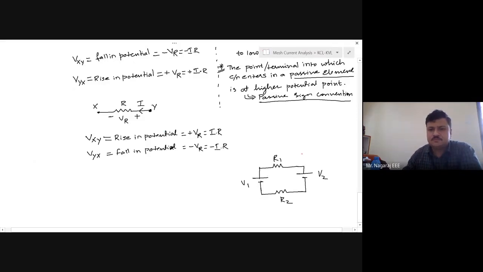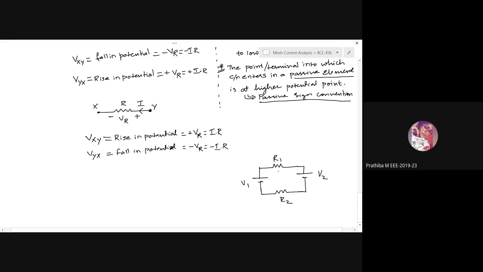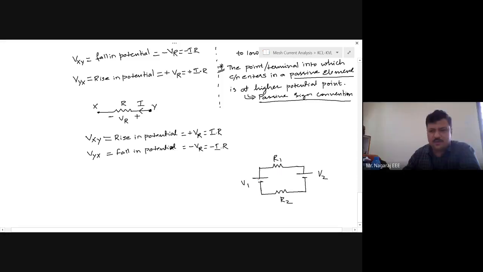Should I consider V1 coming out of the main current? Because there is only one closed path, there should exist only one current. Now, is that current in the clockwise direction or anti-clockwise direction? It depends upon the magnitude of the voltage values. But since I don't know what exactly is the magnitude of V1 and V2, I have to assume the direction of the current.